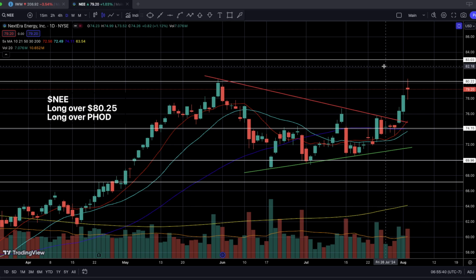So I wouldn't be surprised if individual utility stocks like NEE tend to be very strong as well when the market is in a downturn or in a corrective phase. So this got me wondering, if the markets decide to have a nice reversal move back to the upside, NEE